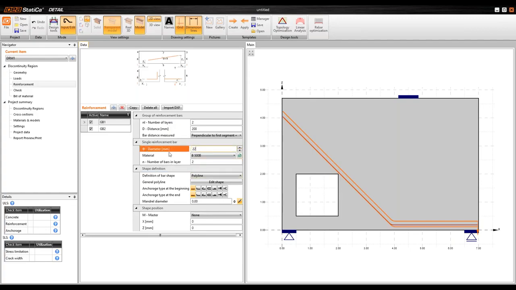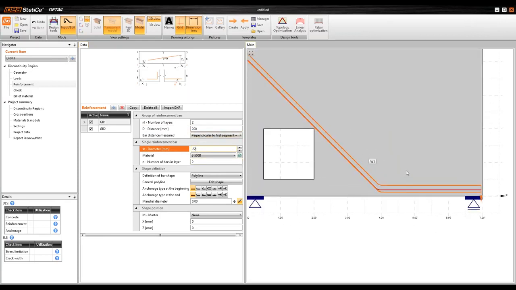And the diameter was read or loaded from DXF because I did the drawing by means of curve and set the global thickness of the curve, and it was set to 22 millimeters, and the program can see this and automatically input this value here, so you don't have to take care about it. So we have this